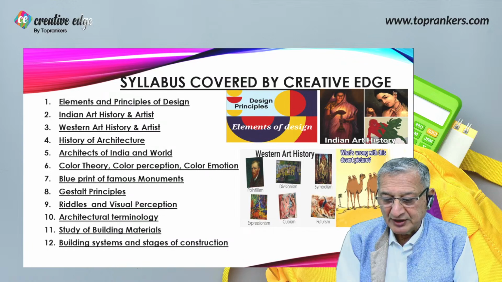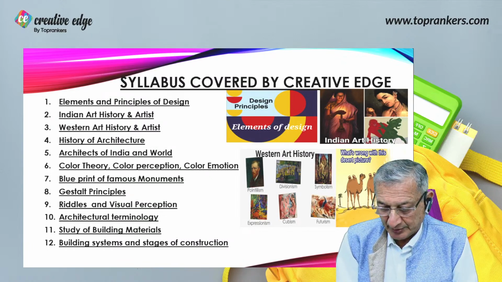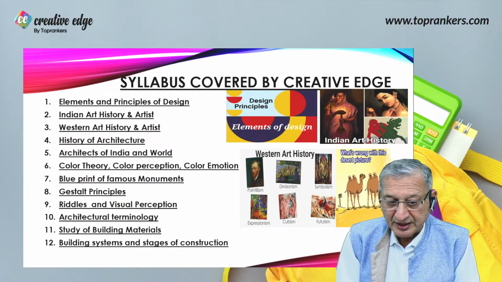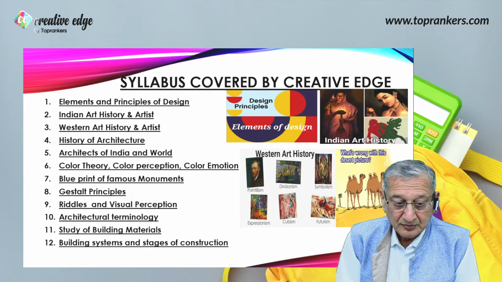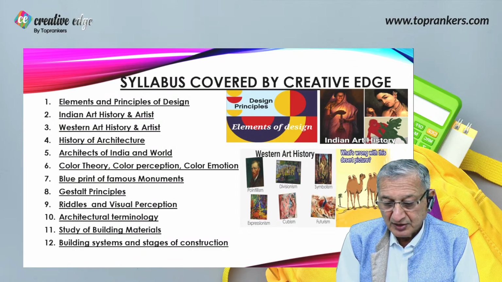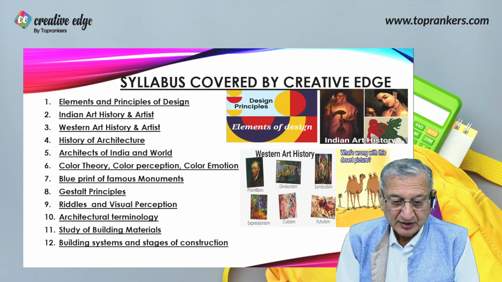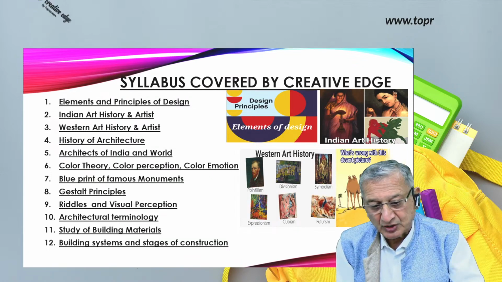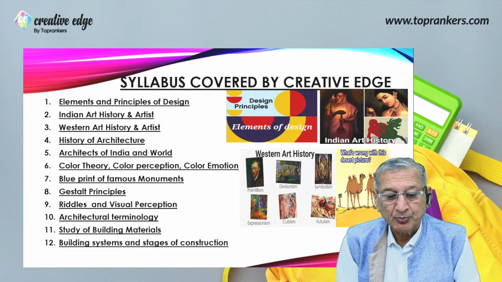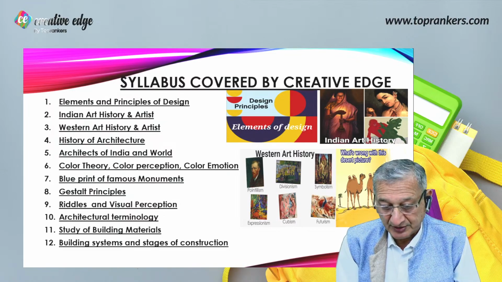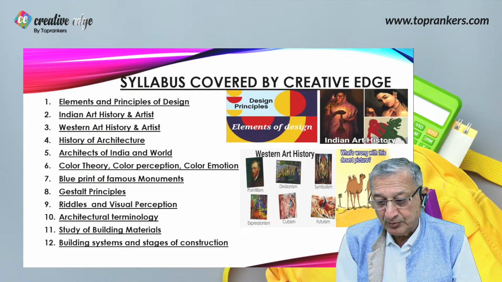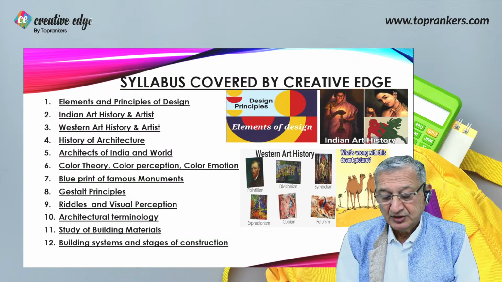Now, remember one thing here, the blueprints of famous monuments. Earlier they used to only show the picture of the monuments and ask the name of it. Now they have gone a little deeper into it, in that they ask for understanding the blueprints of those famous monuments. So remember, you have to get through the blueprints, understand the blueprints, and then, of course,